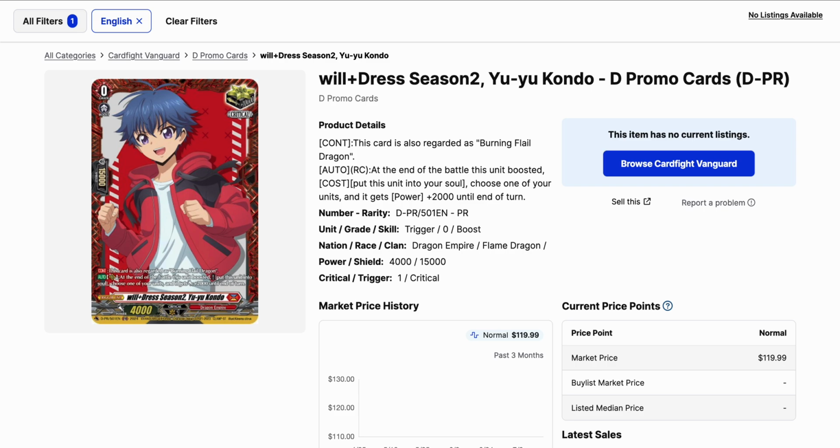We got some new stuff on TCG Player recently regarding the new promos that come straight from the Bushiroad store. Bushiroad had a campaign that I think they started with Anime Expo, and I don't know if they're still continuing it with their online store. But if you buy a certain amount of product, they give you promo packs that have